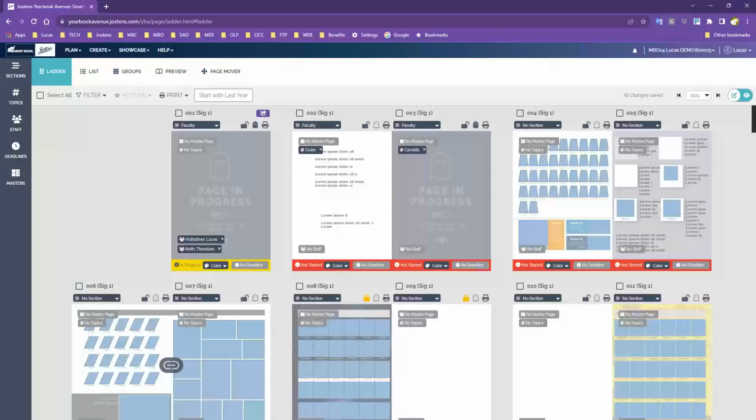Okay, good question. I'm just going to start with one that just popped in. The question is about going over again where you could import last year's pages. Back on the page ladder, right here in your upper menu bar, you're just going to go with that Start with Last Year button, and that's going to bring over